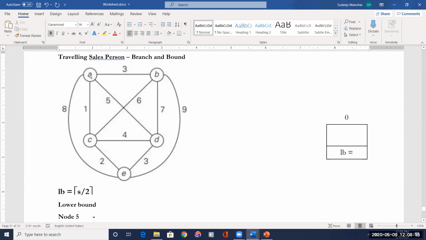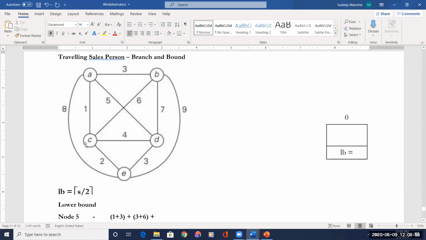For A, what is the value of S? 1 plus 3. So A to B, B to C means you have to consider the A to B edge and the B to C edge in the calculation. These two edges are compulsion. Now for city A, the minimum are 1 and 3. So 3 is already included, therefore it doesn't matter. Okay, it is 1 plus 3 plus. What about B? For B, which are the two minimum? Minimum are 3 and 6. And one more constraint is that the A to B and B to C edges should be there. So both edges are there in 3 and 6. Therefore, it also has no effect on this calculation.